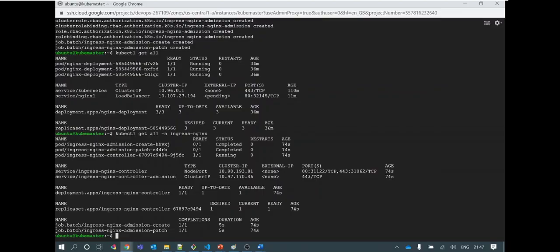So you see this pod actually completed, which means there's no issue. The things that it had to do are completed, and it does not need to be running forever. Then this ingress controller pod is running, and it will be monitoring all the resources on your clusters for every ingress deployment. You can see one ingress controller running here,